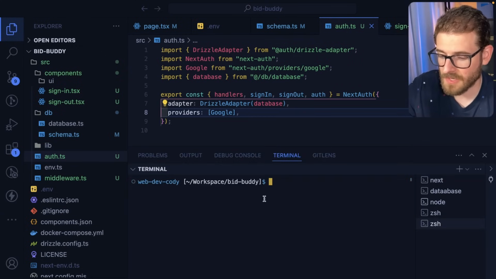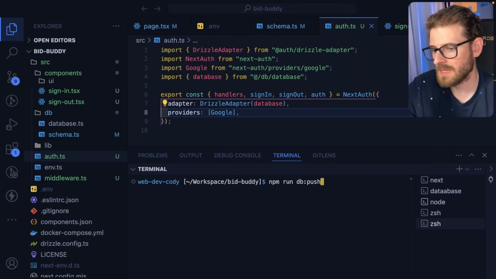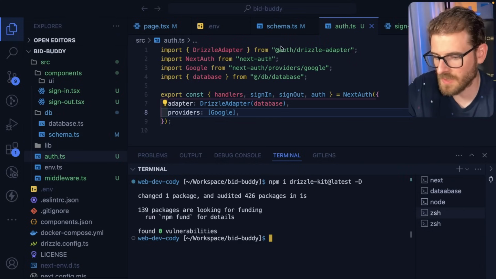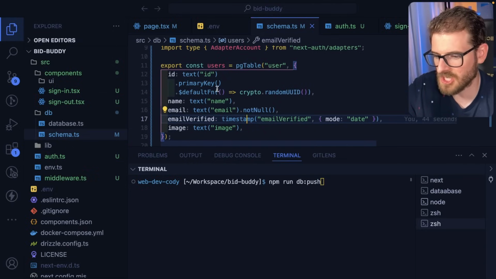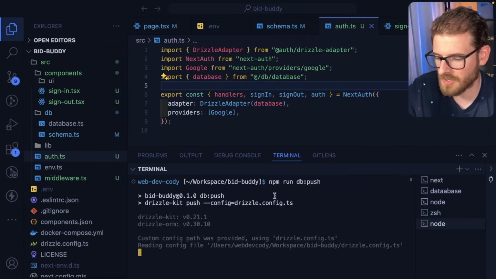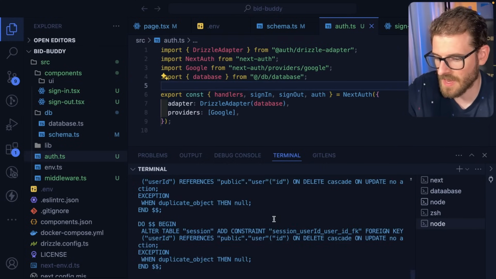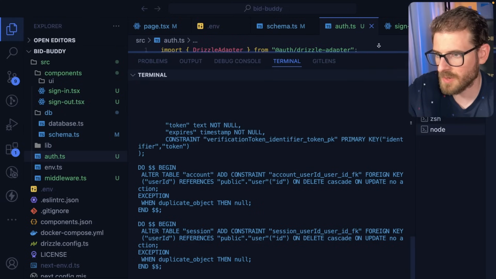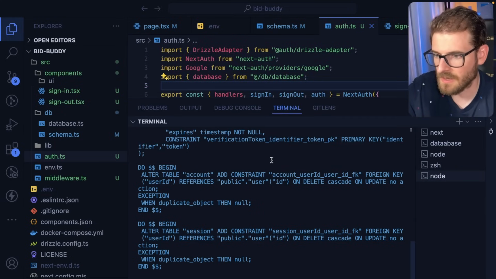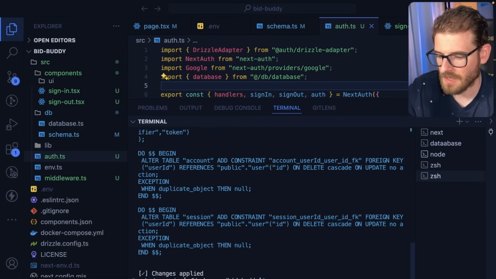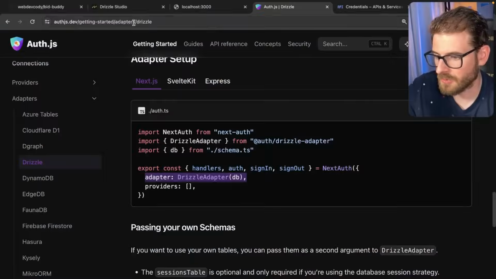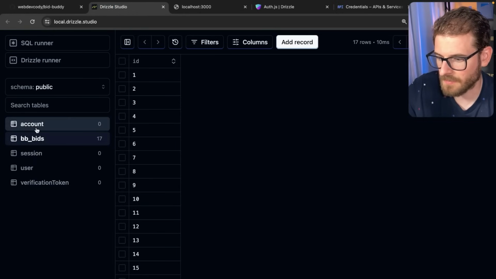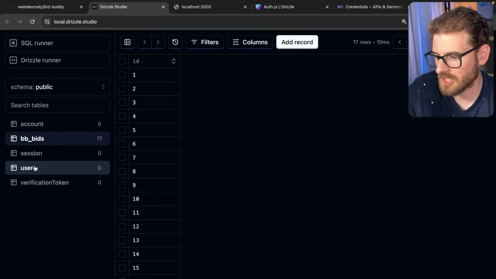So now let's do an npm run db push, and that's how you can basically take all the schema changes we just did. I think I told you this already, but this is how you take the changes that you did and apply them to your database. So run this. It's going to tell you, hey, there's a bunch of things. Are you sure you want to run this? And I'm going to go down and say yes. So now it says changes applied. And if we were to go back to Drizzle Studio and refresh this,